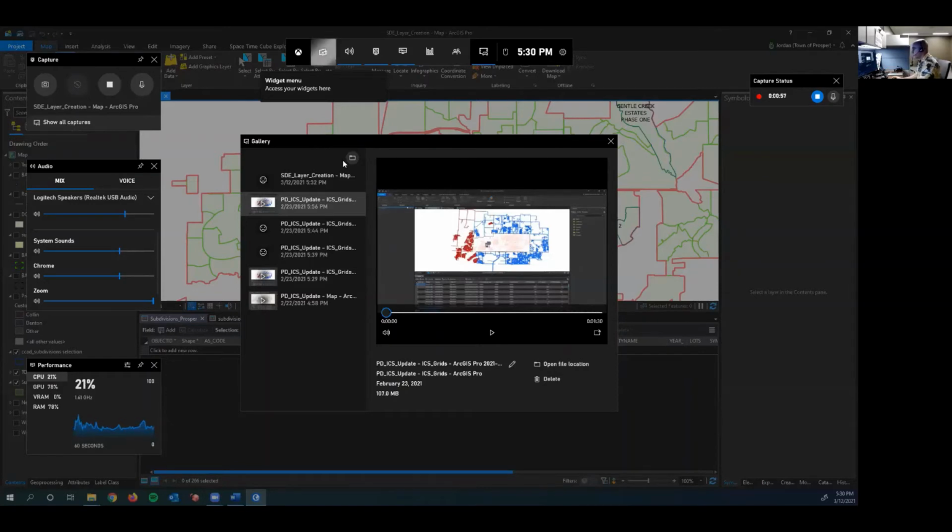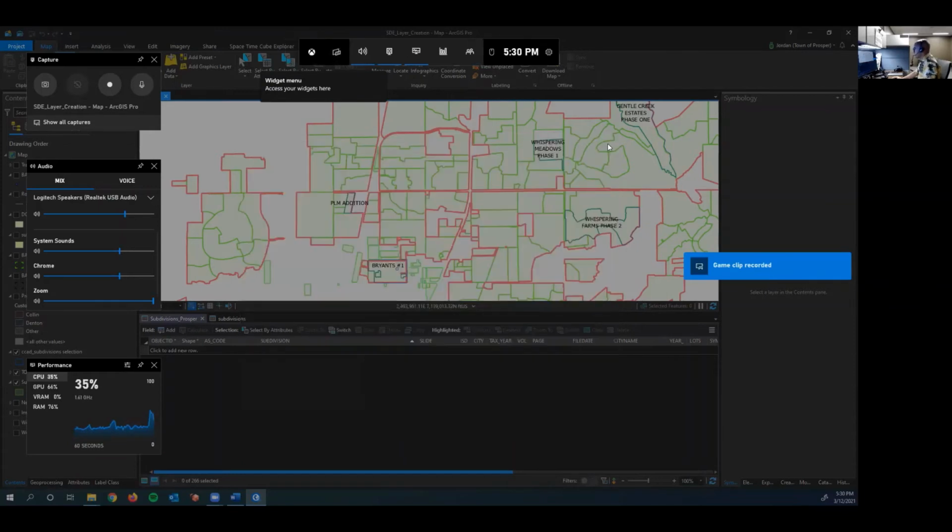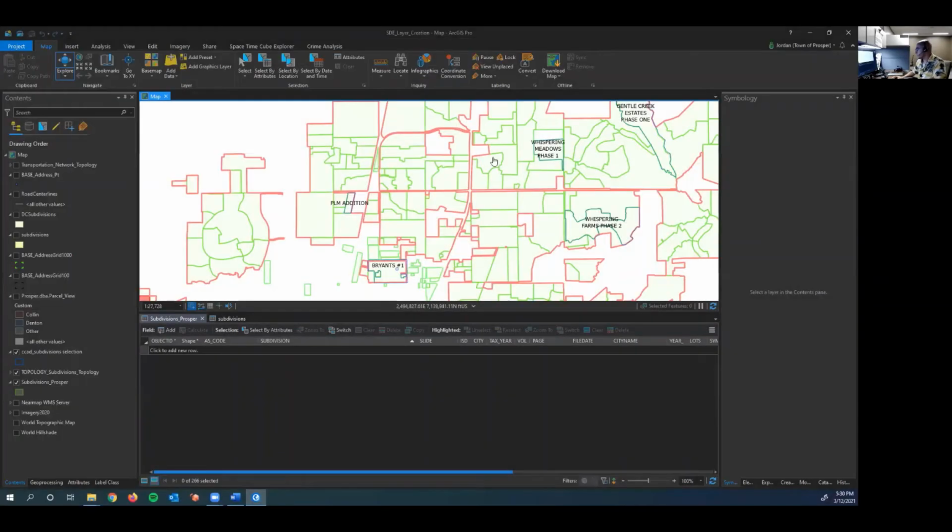When you're done with it, it'll automatically write to the gallery, and those videos are viewable here. You can play them in whatever, or you can open them up in a regular file folder. Okay, so that is the Windows game bar. When you're done recording, it says game clip recorded. Super simple. Next up, we're going to look at OBS, the open broadcaster software that I've used to record these